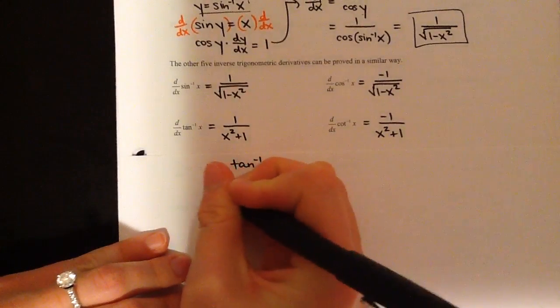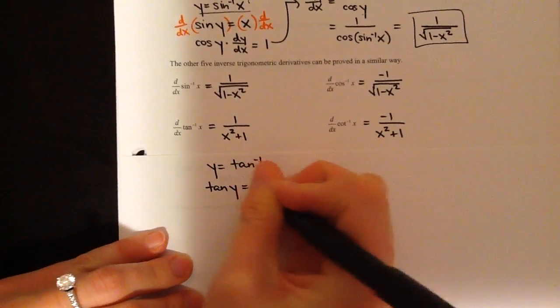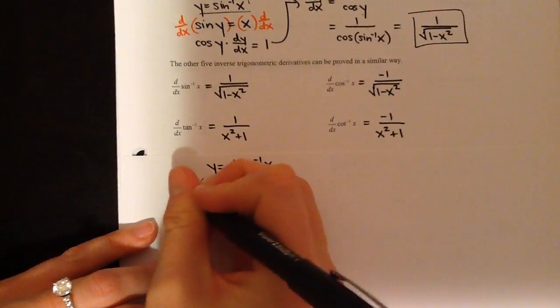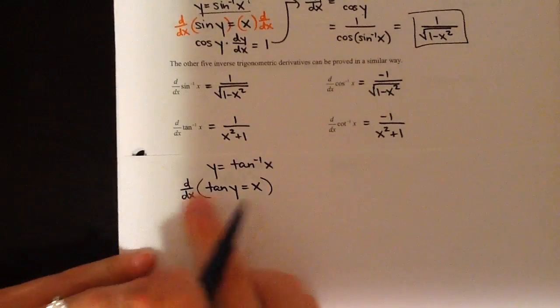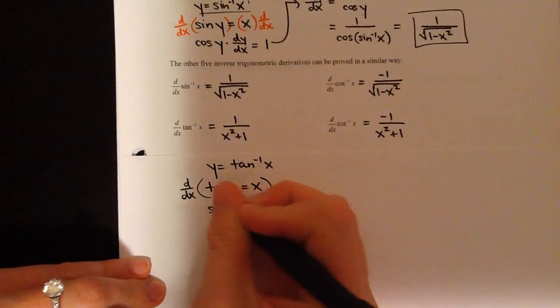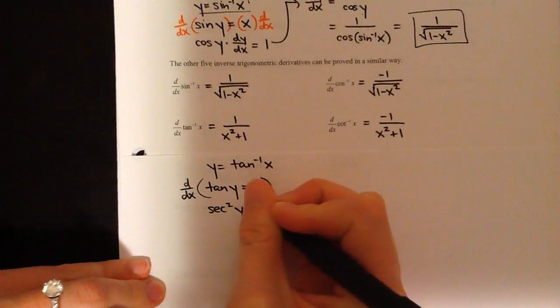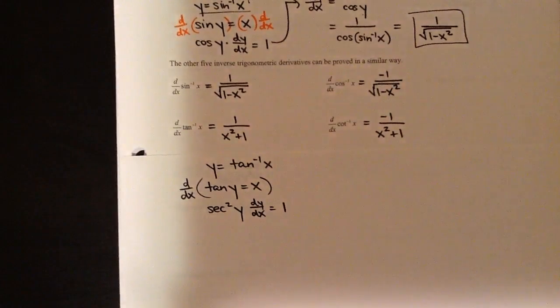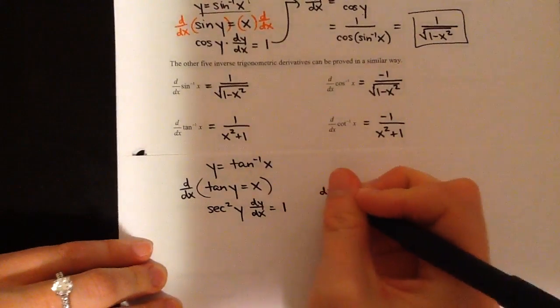So we're going to write this as the tangent of y equals x, and then we will take the derivative of both sides with respect to x. When I take the derivative of this, I'm really doing a chain rule. So I'm writing secant squared of y times dy by dx equals 1. So when I divide both sides,